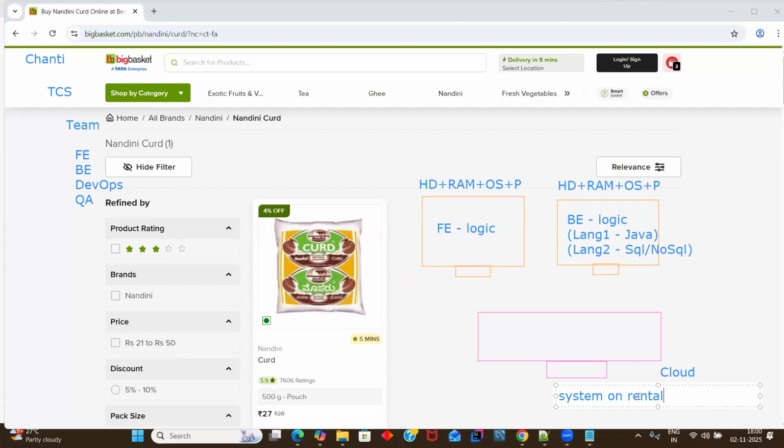just take a rental of the function. If you take a function rental, then everything is ready-made available there. Right? For 1 day, 2 days, you have to pay something and you can use it, correct? So similarly, guys,